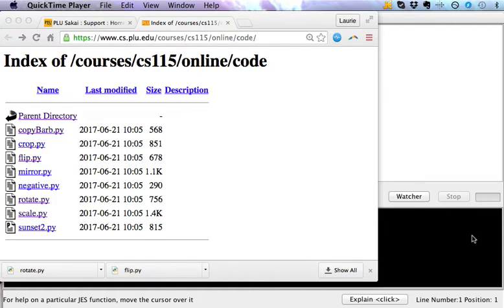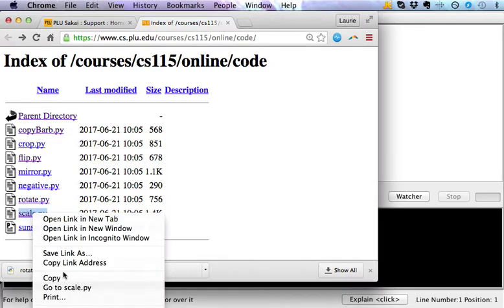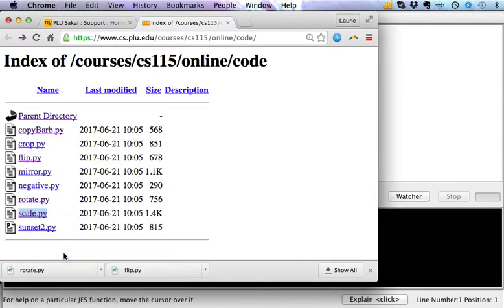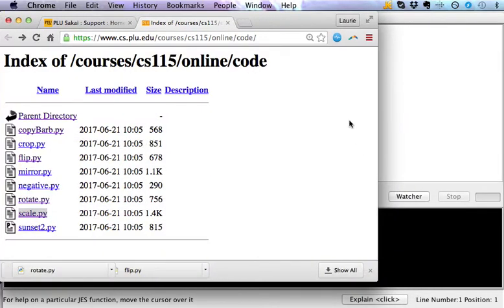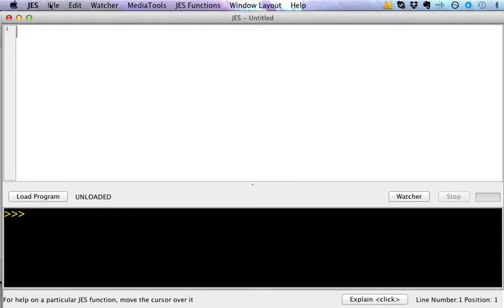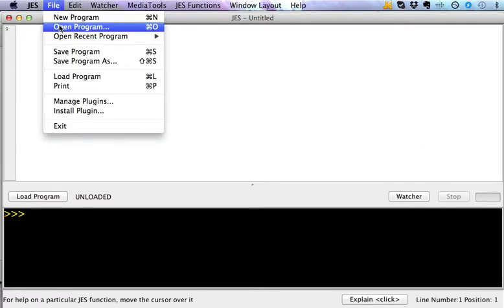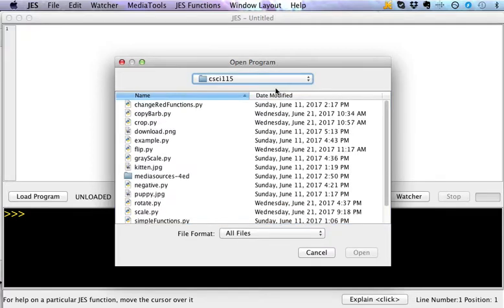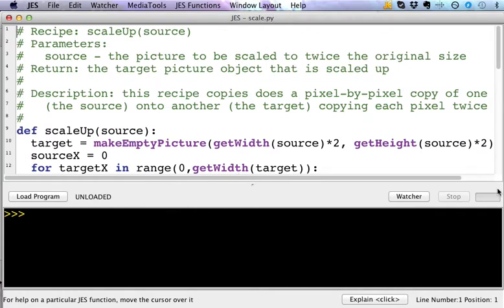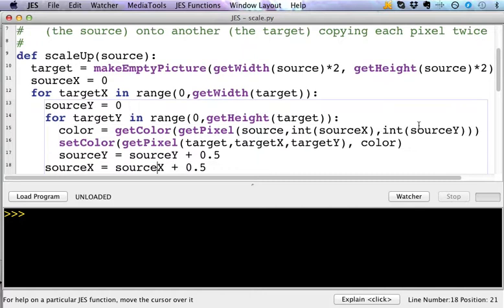Okay, so let's give the scale function a try. So I'm going to download this scale function. And then in JES, I'll open it up. Go to the right folder, scale. So there's two scale recipes in here, one that scales up, and it does what I mentioned in the